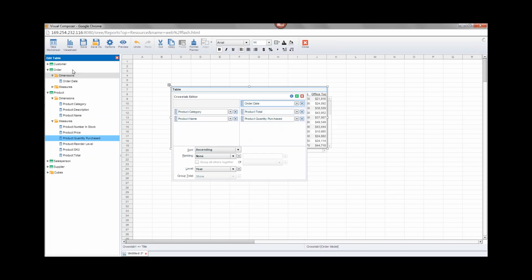Now, incidentally, you'll notice that just like for a chart, the fields in the left panel here are broken up into dimensions and measures. That's either done simply based on the data type, or it might be done based on the way the designer of the data model set up the data model. In either case, if you need to make a change to that, in other words, if you see something here that's labeled as a dimension,